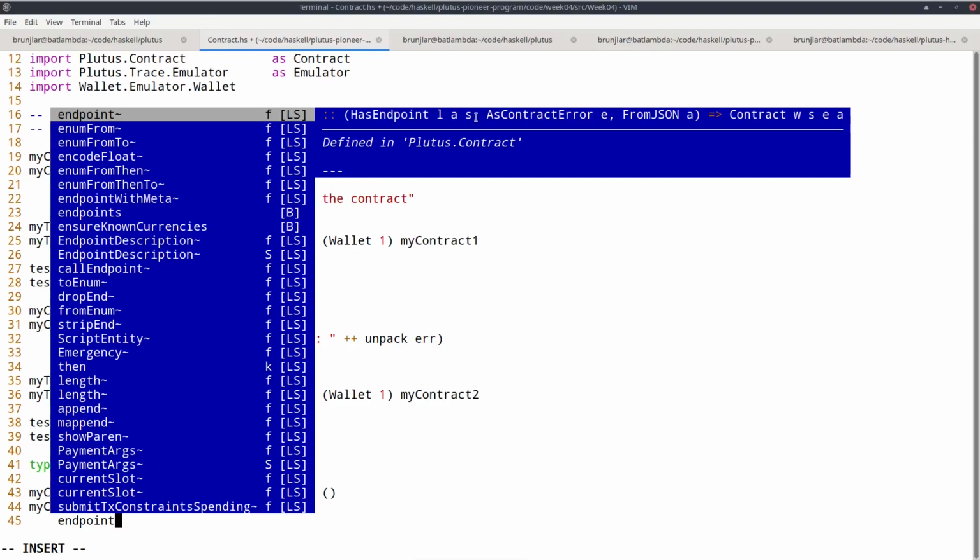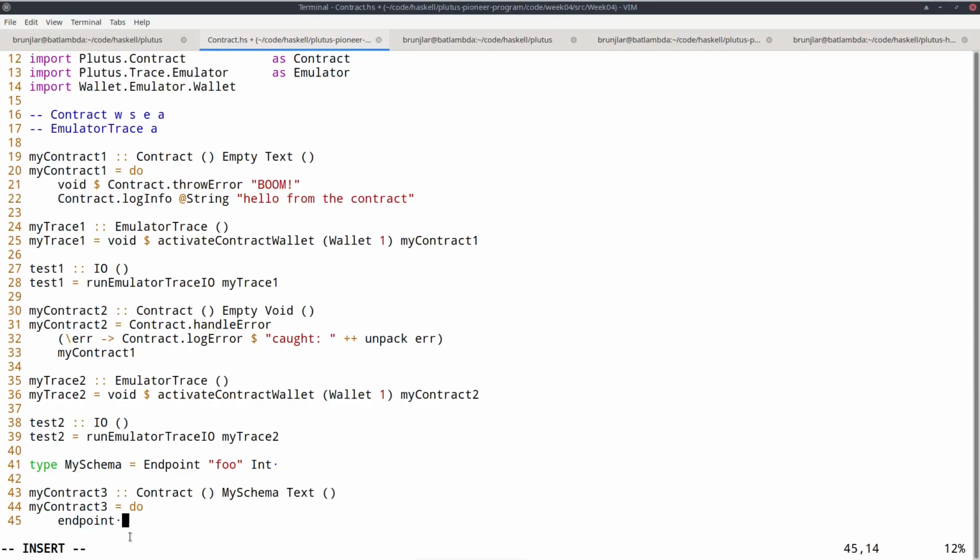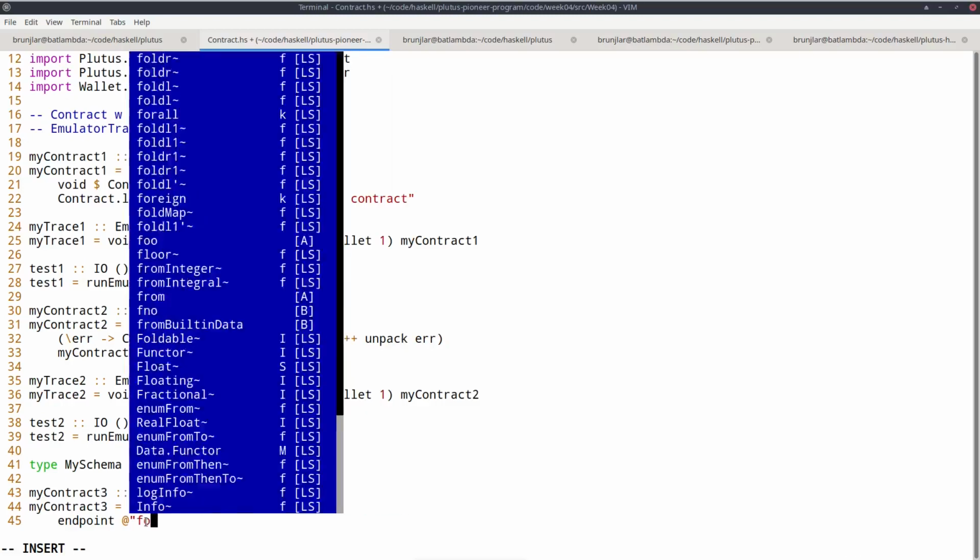So if our schema S has an endpoint with parameter A, then this endpoint monadic computation will give us a contract that results in an A. So I have to specify which endpoint. So that's the same @ here again, but now it's specified by its label, by its name. So foo in our case.